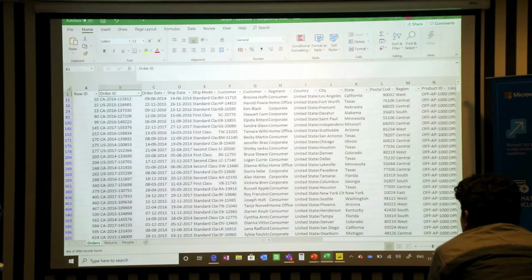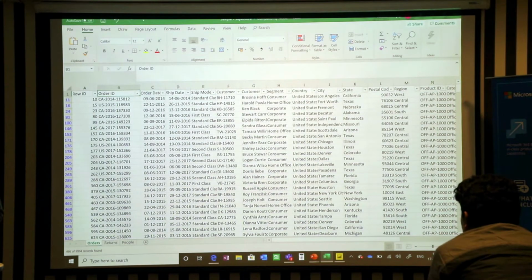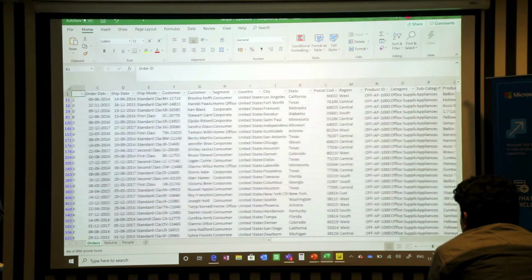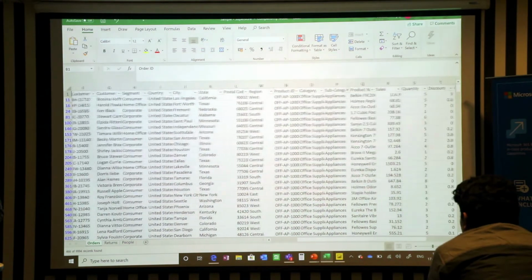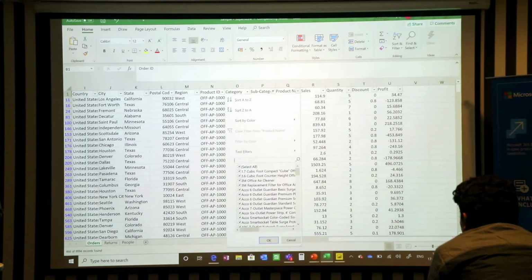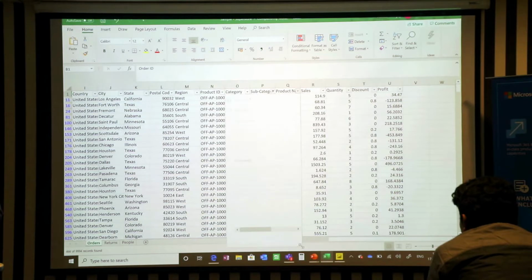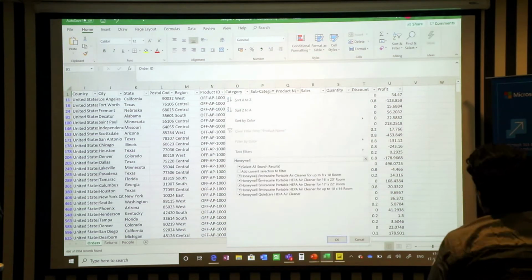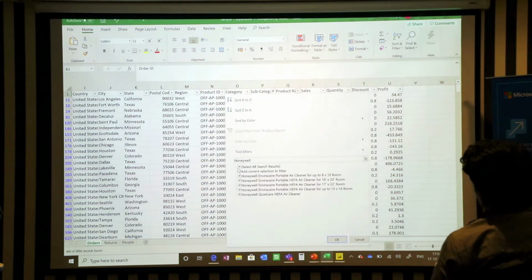Here is the appliances only, and the product name, here it is. And this is the air cleaner we had chosen.